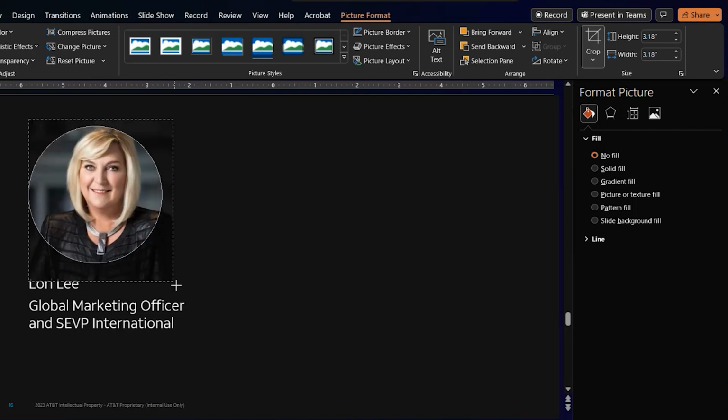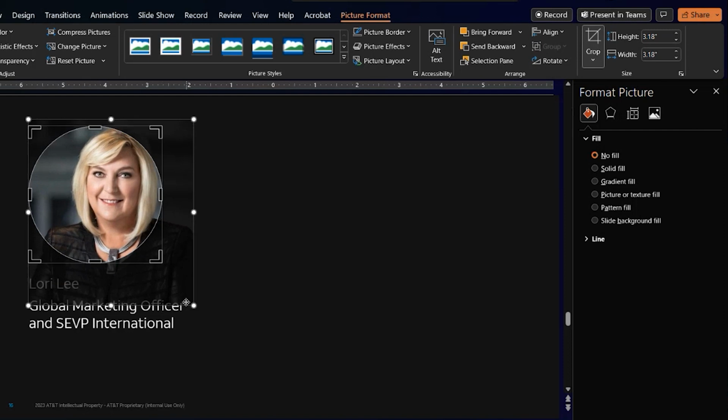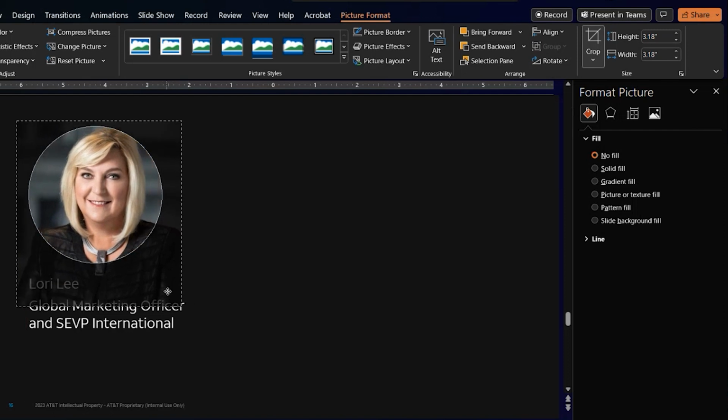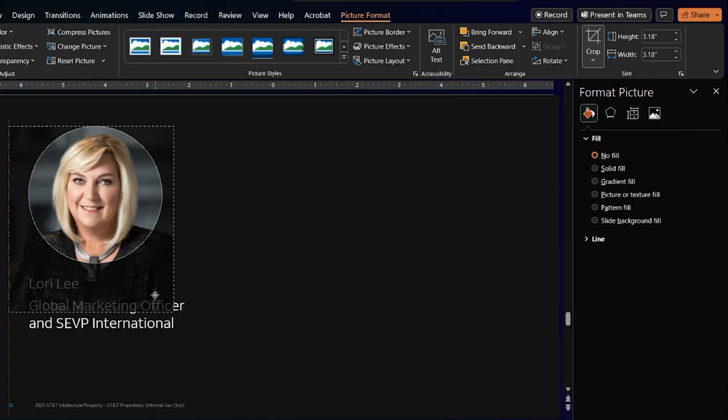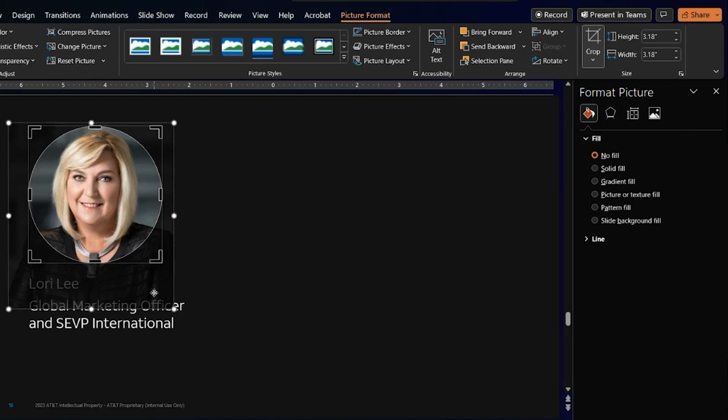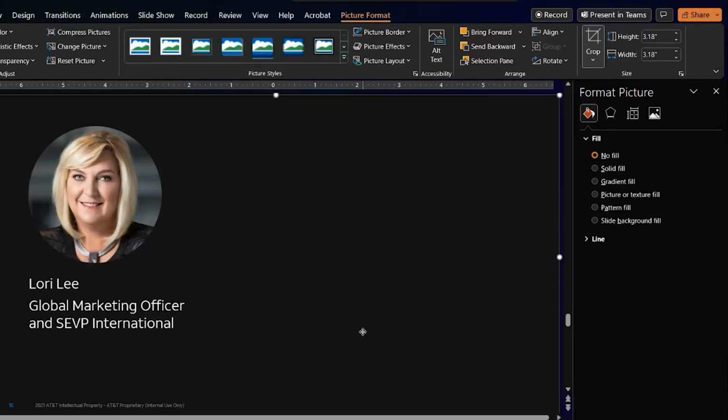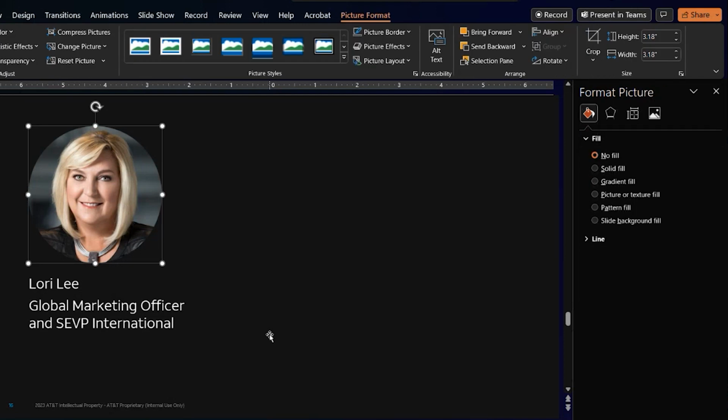I'm going to take this, and I can hold down the shift key and zero in on her face, and move it within that cropped circle. Then it doesn't look like she's so far away. It looks like she's a little closer, a little bit more present. And you get this nice